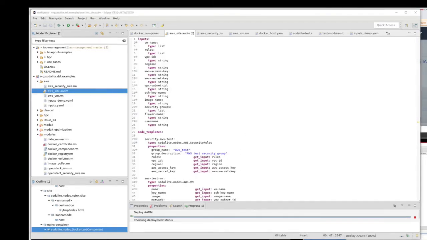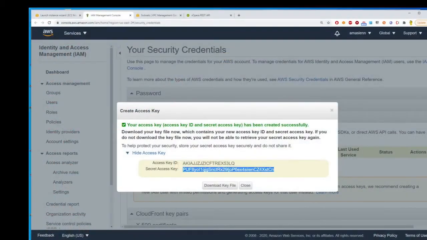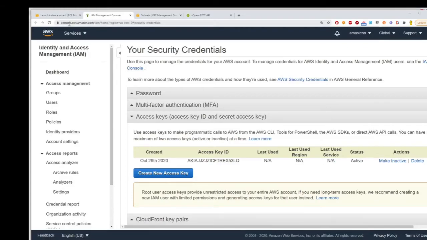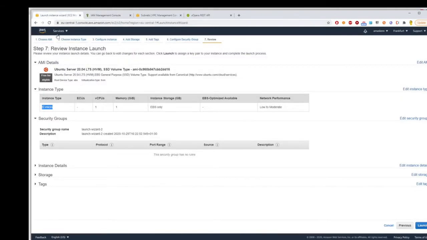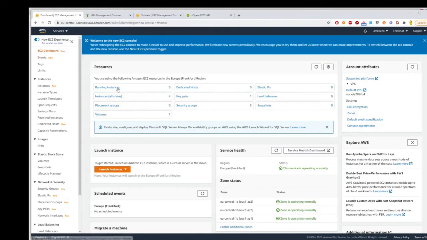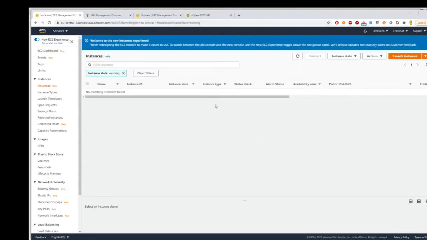We can check the status of the deployment in the AWS dashboard. No instances are running yet.